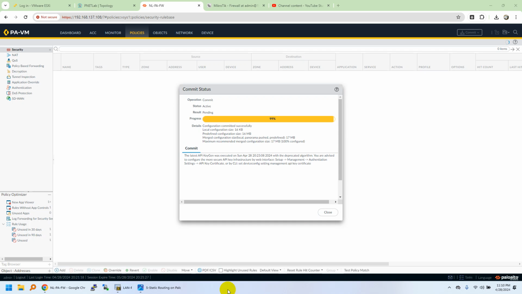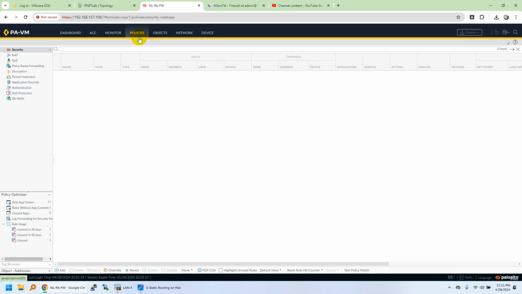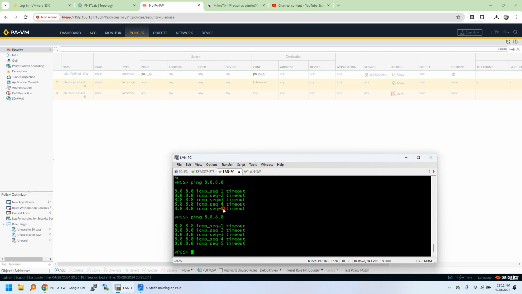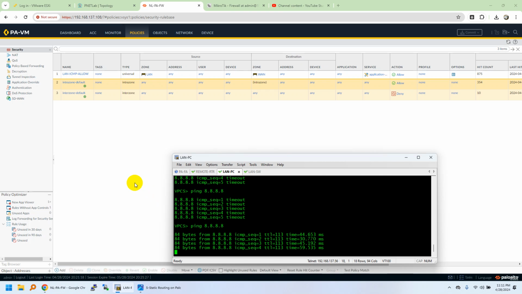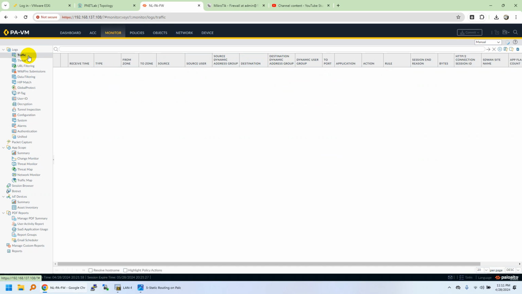So the changes are successfully applied. Now we can navigate to our LAN PC, LAN segment, and I want to show you the policy, what changes I made. Earlier I was giving the specific destination address, now it's changed to any. So now we should have a communication from the NPC to the internet. You can see over here, and also we can track it on the firewall and on the edge router as well. In monitor you have to go to session. You will see traffic from 192.168.1.10 going to 8.8.8.8 under the allow ICMP policy rule, and inside traffic you will see some traffic